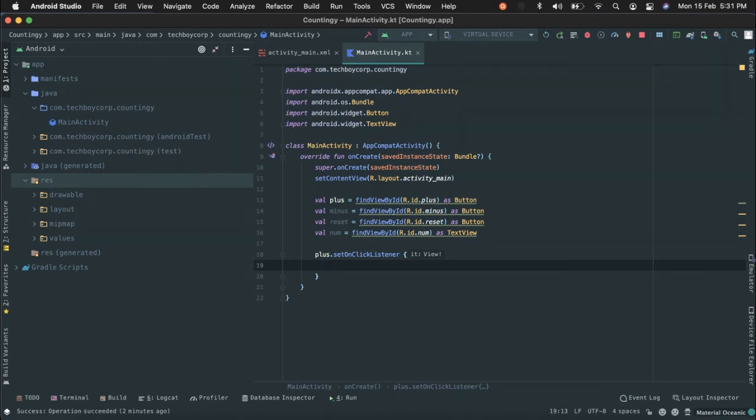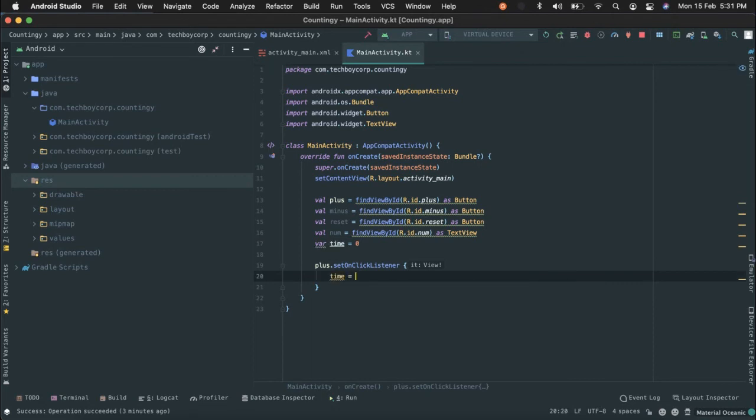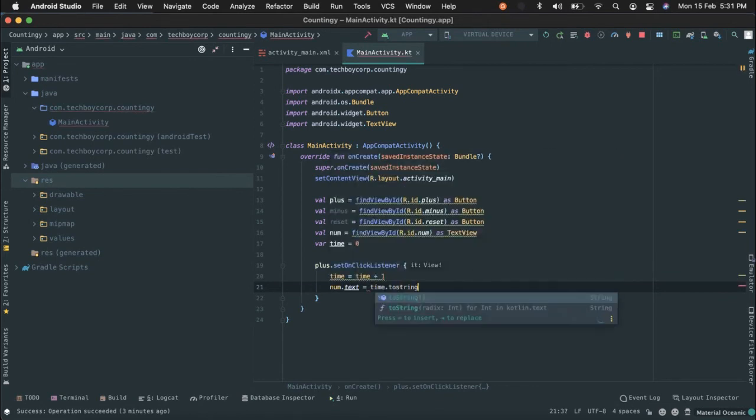So we can just say over here a variable time, that is times clicked, the times our buttons are clicked, so we can say 0 for now. So we'll write time equals itself plus 1. Okay, and then we can write num.text equals time.toString.